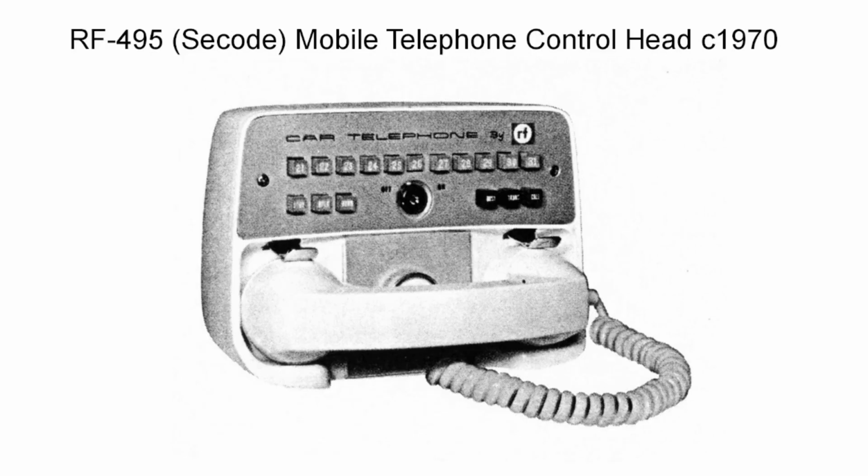This is another manual service control head. This is a C-code head. C-code was a big manufacturer of signaling equipment, and they made all kinds of control heads, private labeled for RF, GE, Aerotron, Johnson, etc. This one is set up for like 10 channels or 11 channels for the RCC UHF band, but you can see there's no dial there, so you know it's a manual phone, manual service.